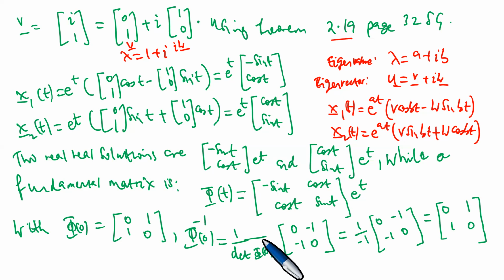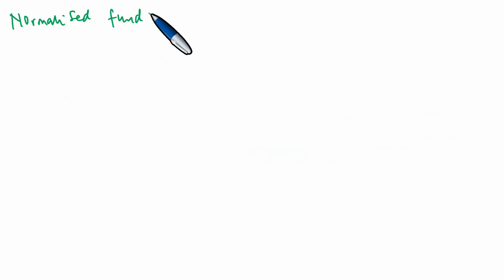We need to find the inverse because we need to find a normalized fundamental matrix. This one is a fundamental matrix, but it's not normalized, so we need to normalize it. To normalize it, we find the inverse like this. Now we need to normalize this matrix. So the normalized fundamental matrix becomes what we write next. Normalized fundamental matrix is